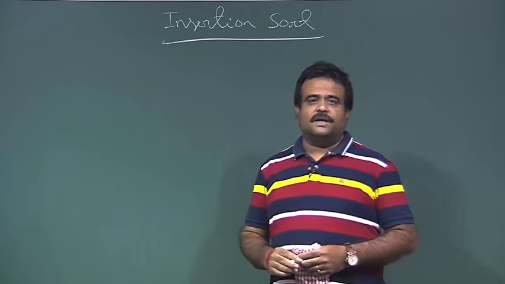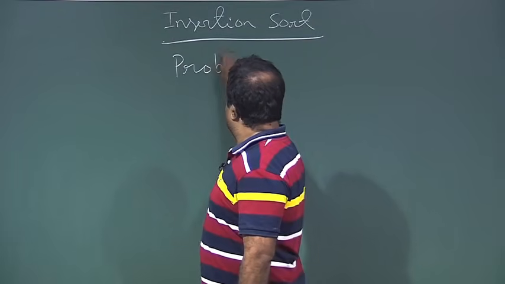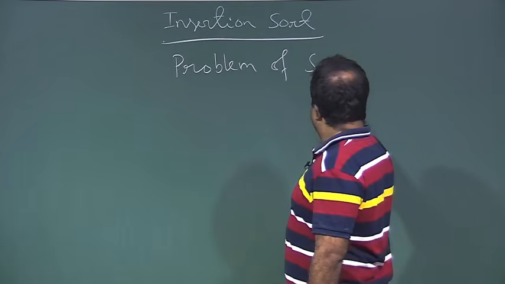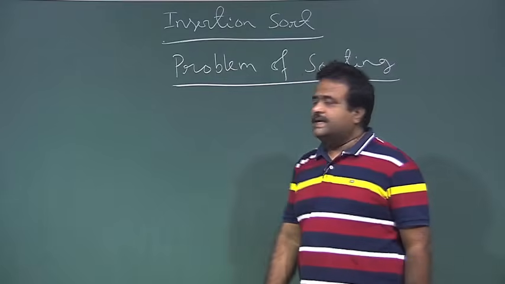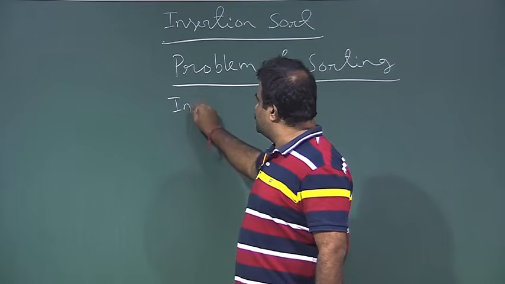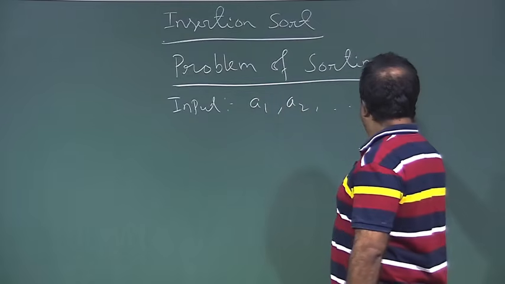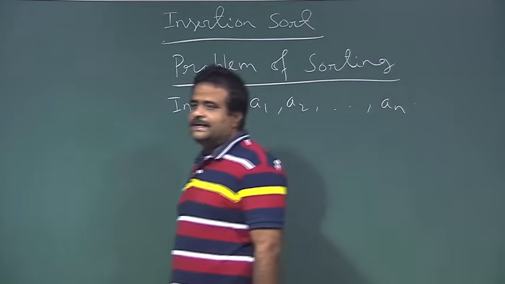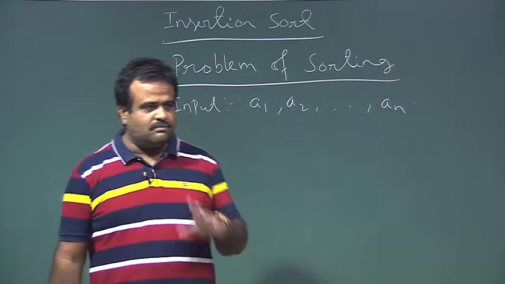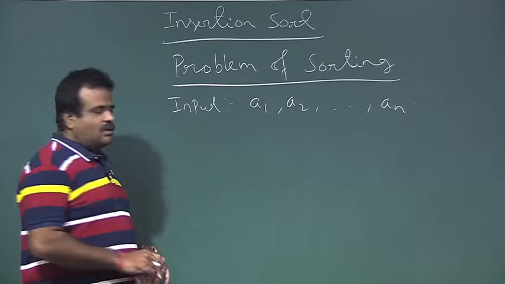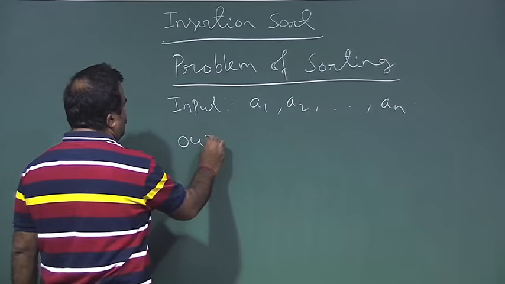So we start with the sorting problem. What is the problem of sorting? We are given n numbers as input, a1, a2, up to an. Typically they are integers. We can deal with real numbers also, but then we have to deal with real number operations, and these are typically integers. We are given an array of n numbers,